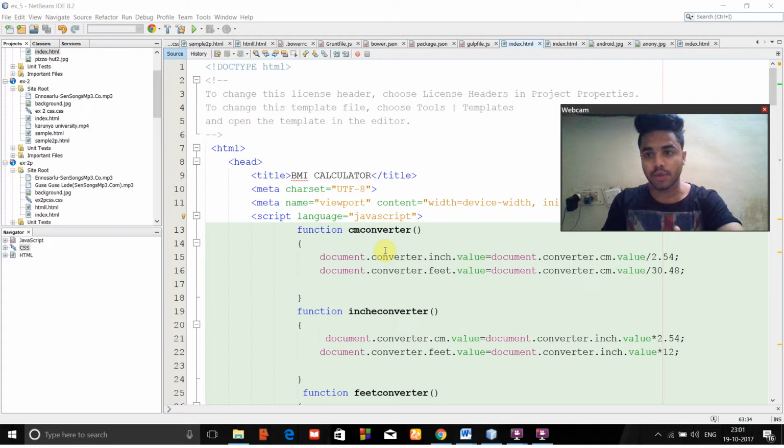Now I am going to do my fifth experiment in web technology lab. The fifth experiment is based on JavaScript. By using JavaScript, I am going to create a BMI calculator, which is used for the